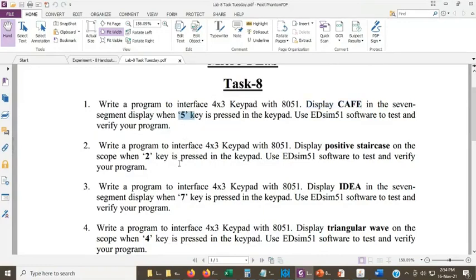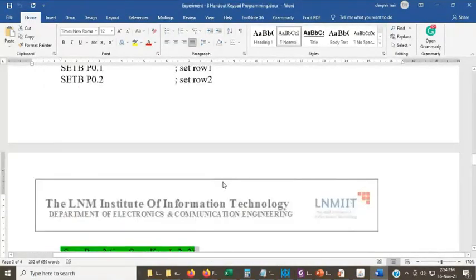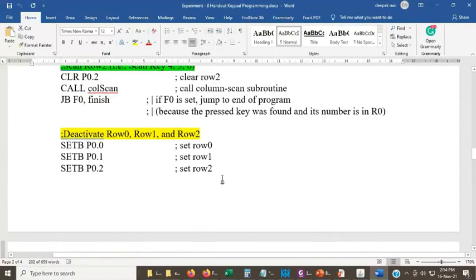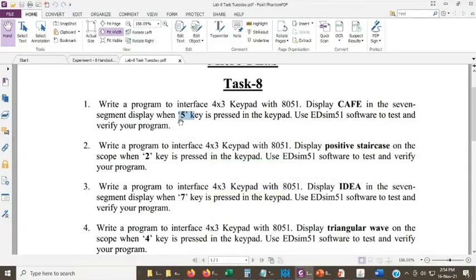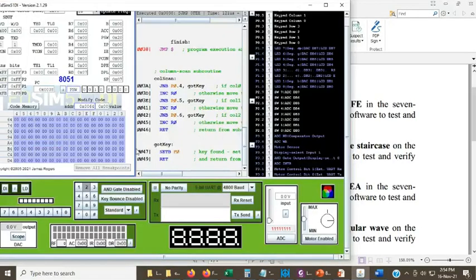So the first thing that you will have to do is take the help of this particular program which we have provided you. Detect the keystroke 5, key 5. When I am saying key 5 here, we are actually interested in this particular key, key number 5, which actually is key number 7. Otherwise, if you are not going to use this number, then you will have to mention here that I am actually using key 5, which is the actual key 7. So here key 7 is the key 5.